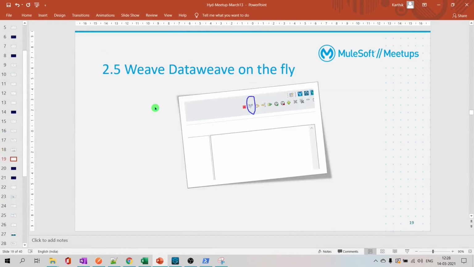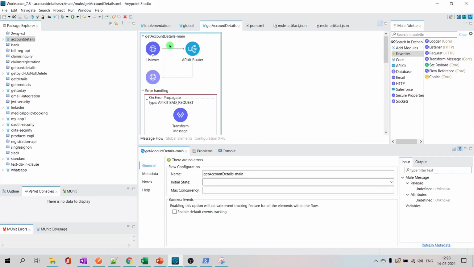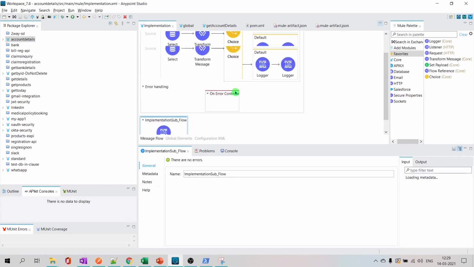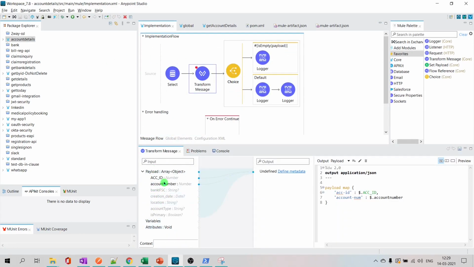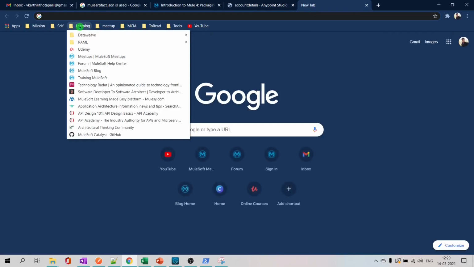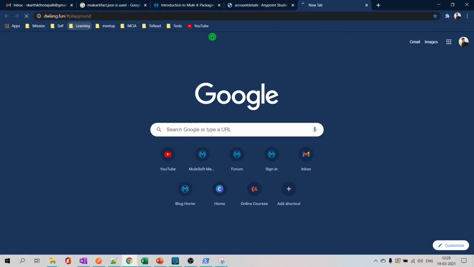Okay, this one is also an interesting one. DataWeave view on the fly. While writing DataWeave scripts, we generally do two things. One is go to the transformation node, enter our metadata, write our schema and do a preview on that. This is good enough when you are doing initial project development, right? We put some metadata here and we write some script and see the preview if it is good enough for our requirement. Or there's one more option to write DataWeave on the cloud.